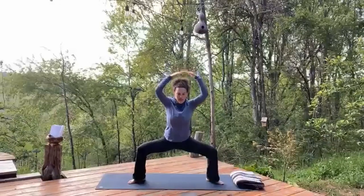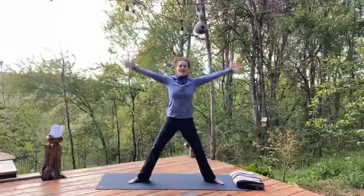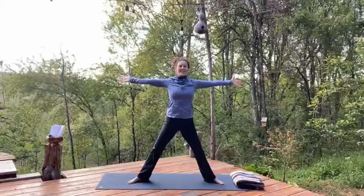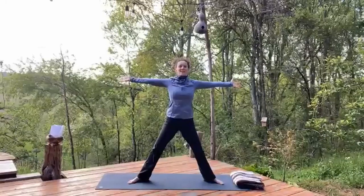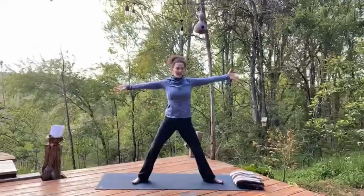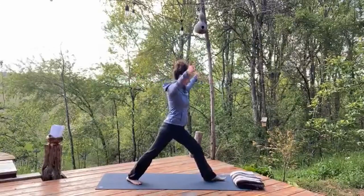Nice, sinking down with your exhale. Inhale, expanding out to a 5-pointed star. Exhale here. Take another inhale. Feel yourself radiant, expansive. And then we're going to pivot to